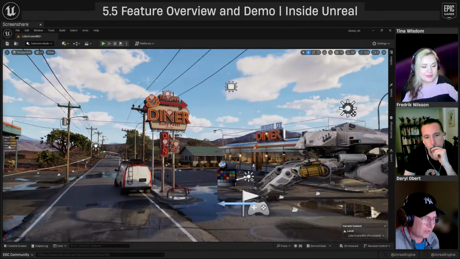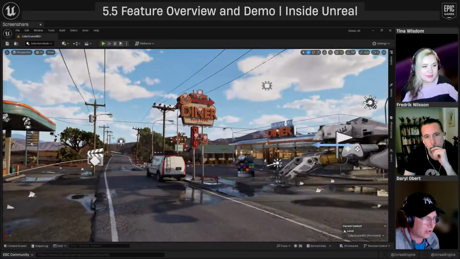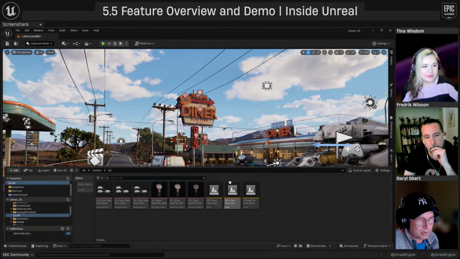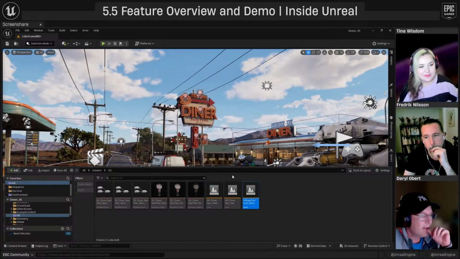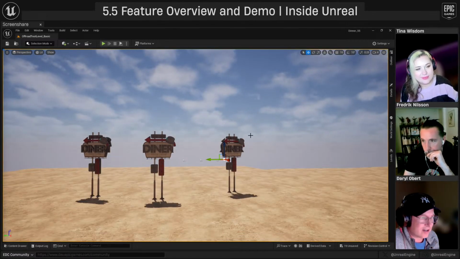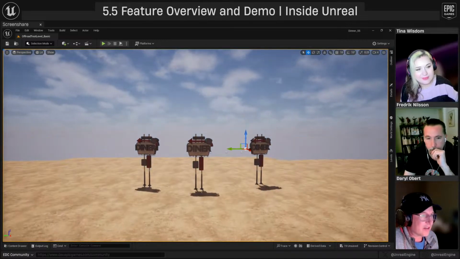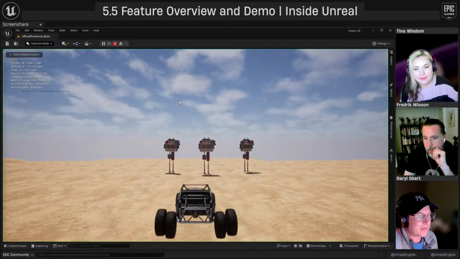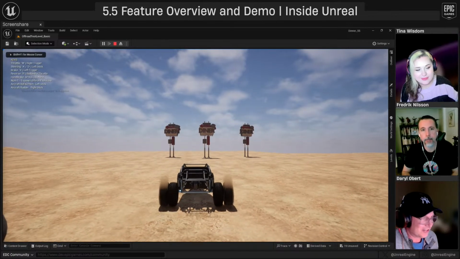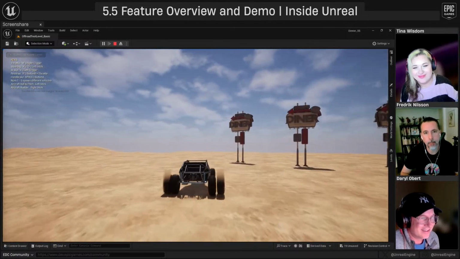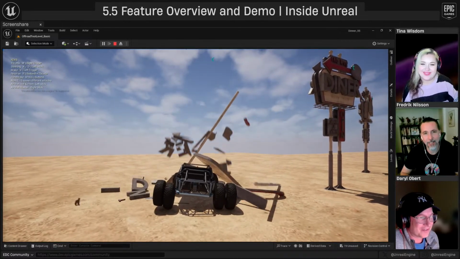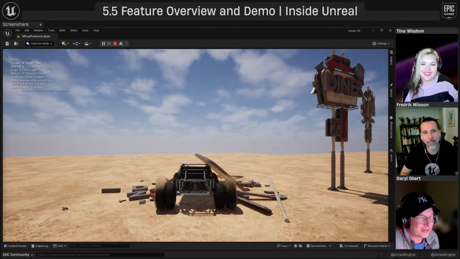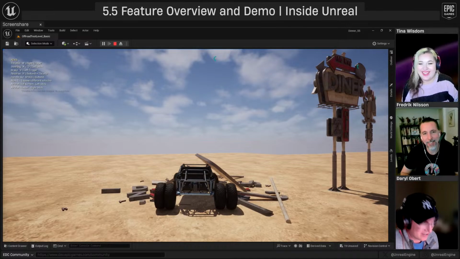So let's put a bow on it and close it off by bringing up a level, and we don't want to save that. It's got signs and it's got a vehicle. And if I grab this, it's got a six-wheeled vehicle because why not? Yay, I can crash into stuff. Oh, I'm stuck. My six-wheeled vehicle doesn't have the power it needs.